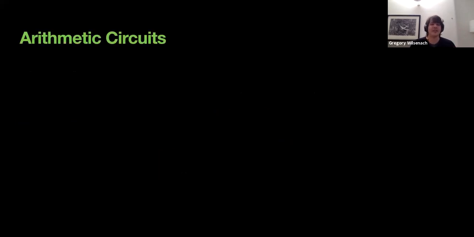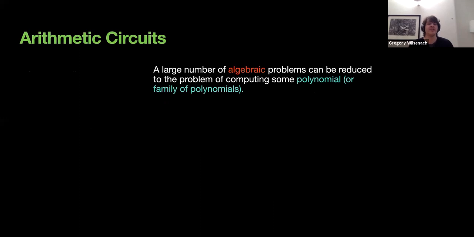A slightly more unusual notion is the notion of an arithmetic circuit. So in arithmetic complexity, we're interested in the problem of computing certain algebraic problems, and the way we compute them is slightly more abstract. Rather than looking at Boolean operations, we measure cost in terms of arithmetic operations, so things like plus and times. And the important insight is that many of these algebraic problems can be reduced to the